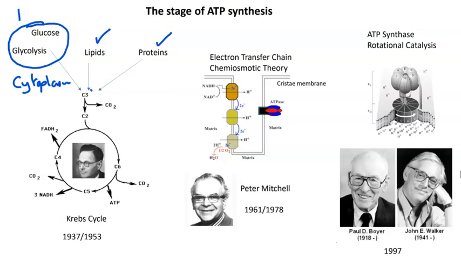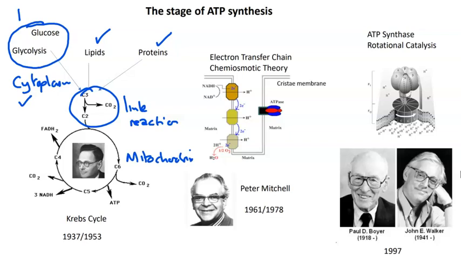The second stage is here, and this is classically called the link reaction, which is connecting the events in the cytoplasm to events in the mitochondria. And that leads us to the third process, which is here. So, link reaction would be 2. So glycolysis 1 leads to the link reaction 2, leads to number 3, which is the Krebs cycle, named after Hans Krebs. And then in turn, this leads us to